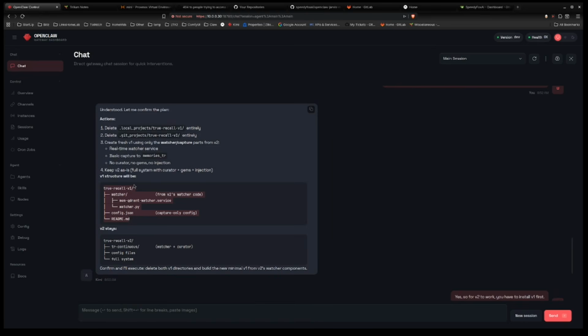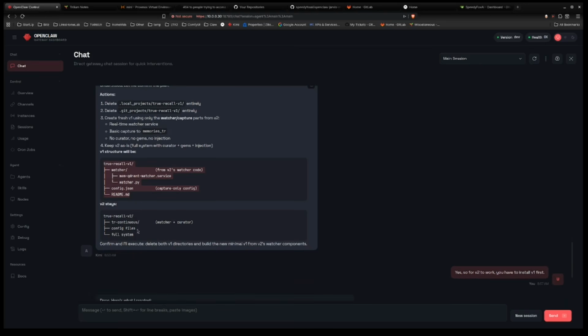The add-on to version 1 is version 2, where you get the curator and the injection. That one modifies some of OpenClaw's core functionality. Version 1 doesn't. It just captures, but what's really nice is it gets rid of Redis and